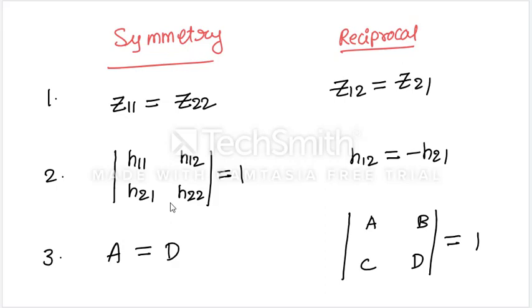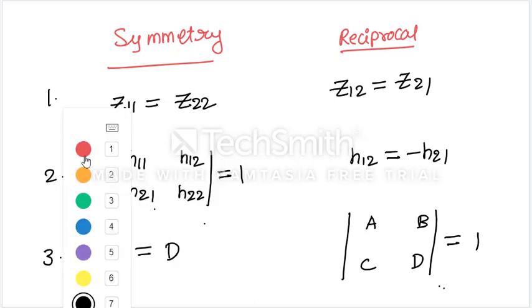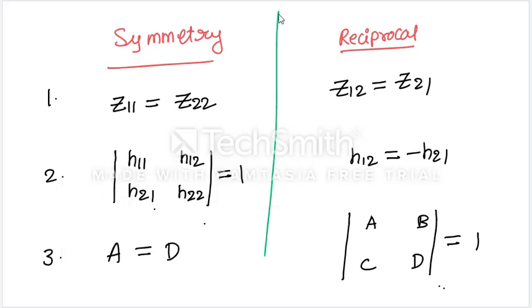When the determinant is equal to 1, the H matrix is a symmetry, but the ABCD matrix is a reciprocal. Don't get confused between these two. Don't get confused between these two here. Right? And these are the conditions for symmetrical and